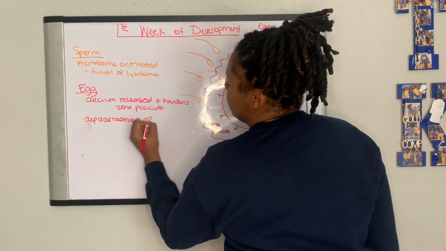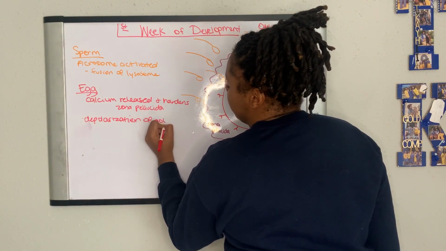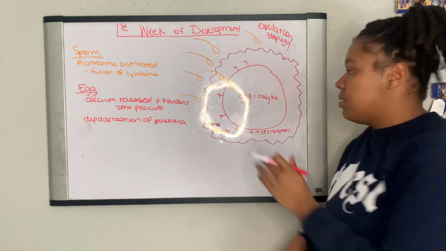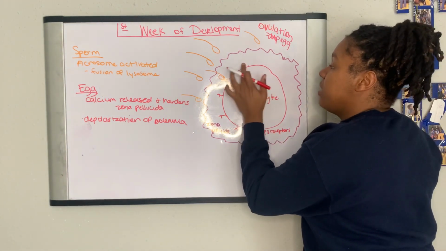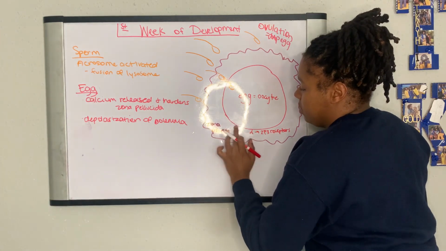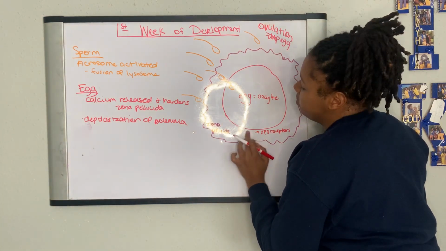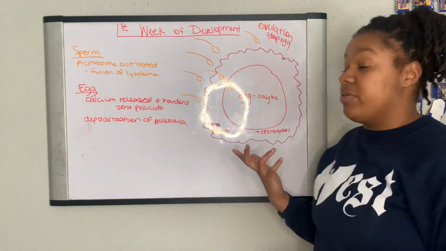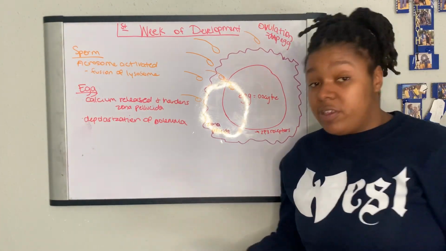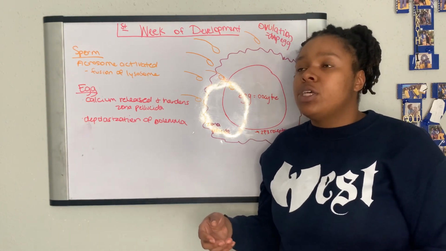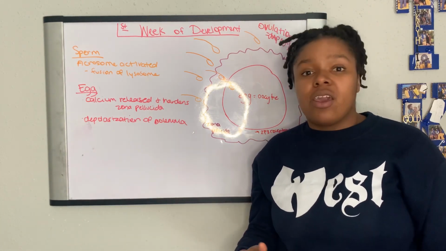This depolarization of the membrane, or the oolemma, is going to cause these receptors to basically fall off. It's going to cause all these receptors to disappear. So once we no longer have the ZP3 receptors there, there's nothing else for the sperm to bind to. So that's why it's not really an idea of two sperm binding to the same egg when you have twins